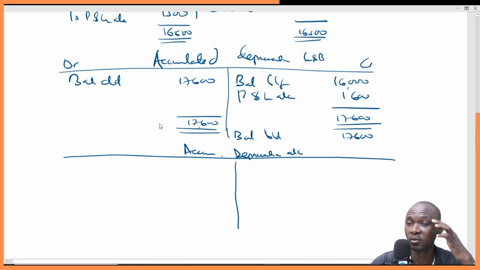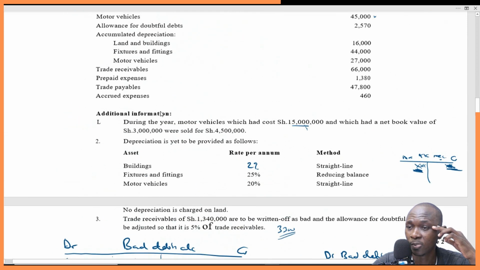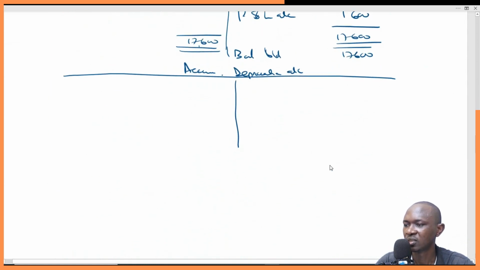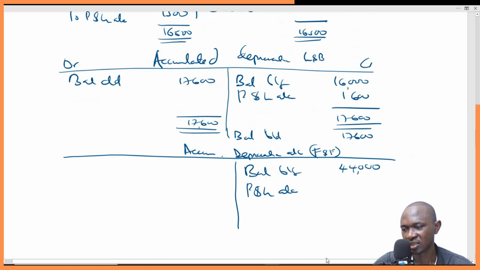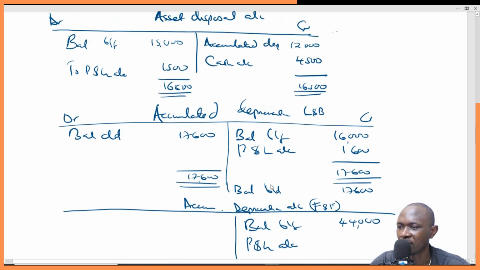So we come here, we have the accumulated depreciation account for fixtures and fittings. Balance brought forward is 44,000. Then we calculate the depreciation for this year, which will go to P&L. You can see it's on the credit side here. So when it goes to P&L, it assumes the debit side. So P&L account,